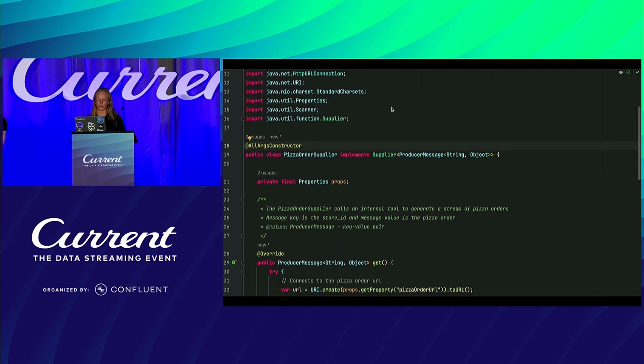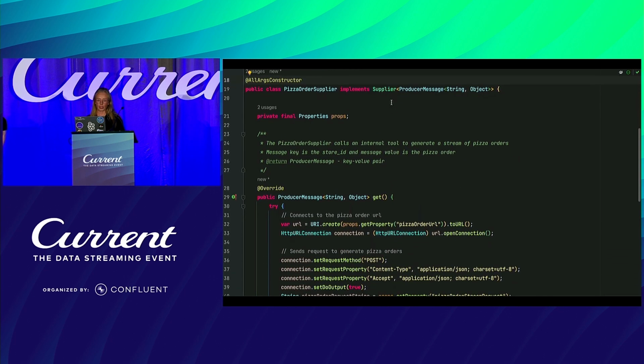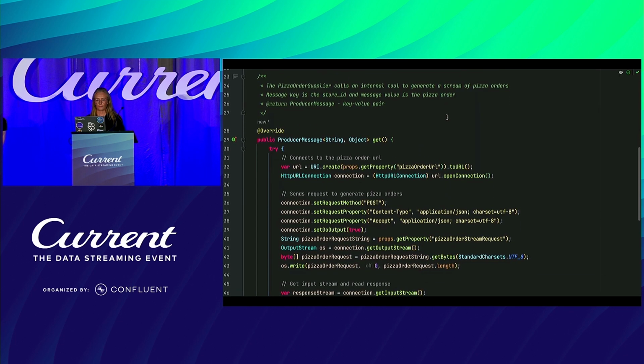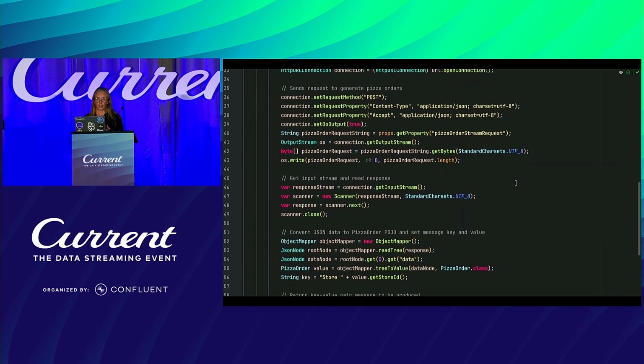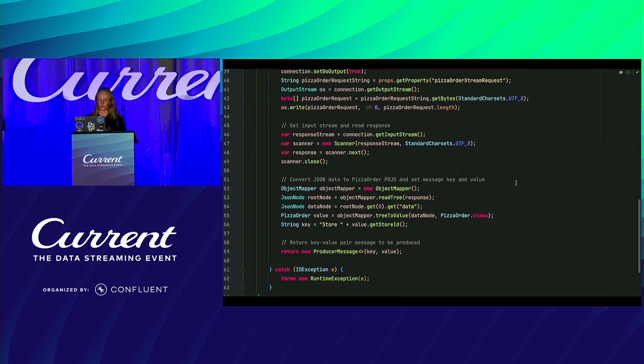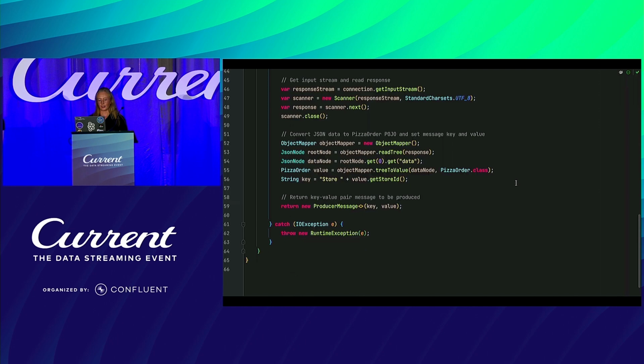So we have a look at our pizza order supplier. Again, we have some properties that we'll load in. And then ultimately what we want to do here is set up some of the connections to be able to generate the pizza orders, random pizza order data, and then we will create our key value pair, which will be returned in a producer message, which will then be sent by our Kafka producer to our topic